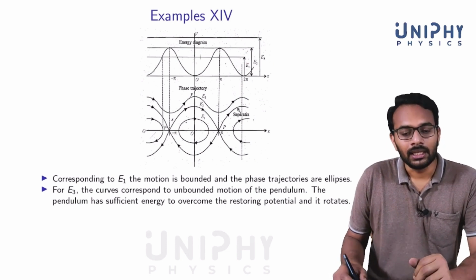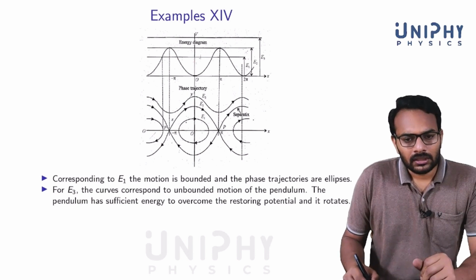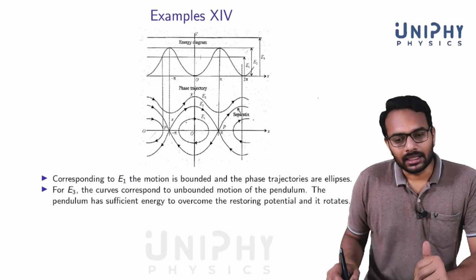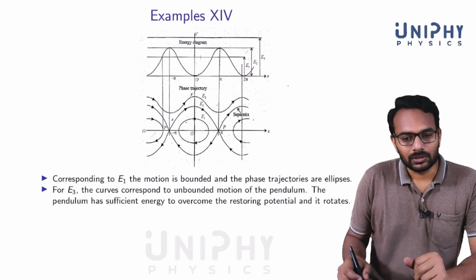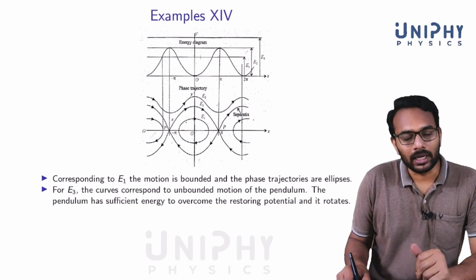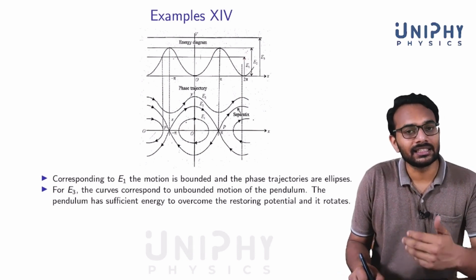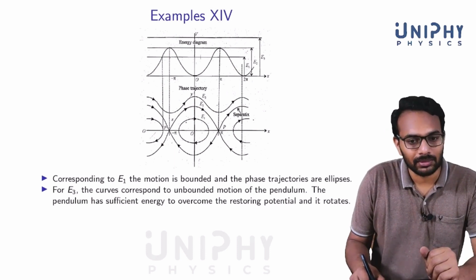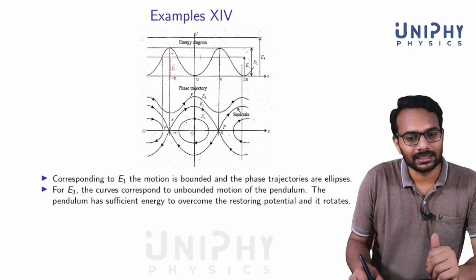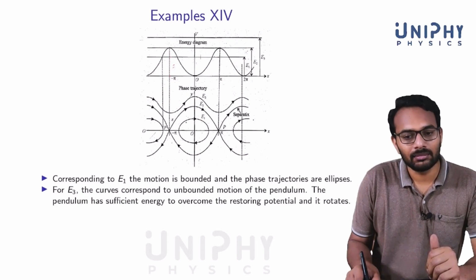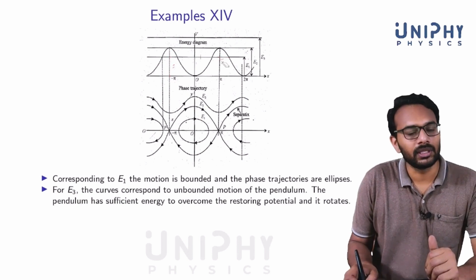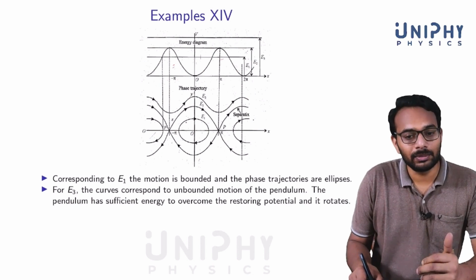So we see that this is the potential energy curve. Let's see how the diagram looks. First, let's look at energy E1. Immediately we see that there are regions which are classically forbidden. For example, in this region here, E is less than V, so this region is classically forbidden for E1. Similarly, this region is also classically forbidden for E1. But if it is between these two points,